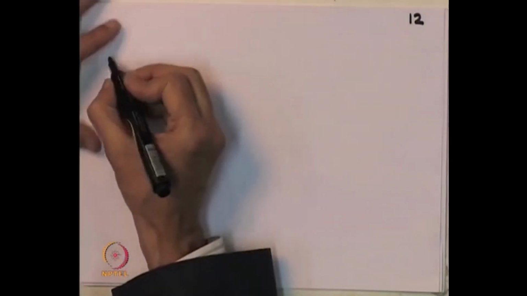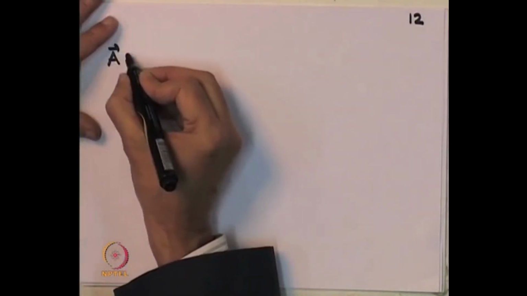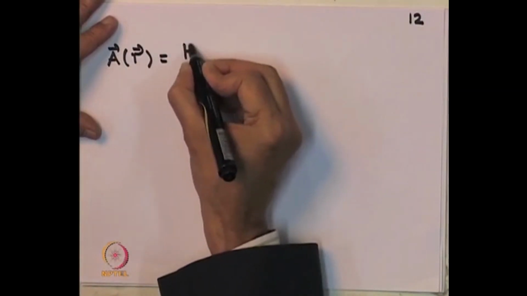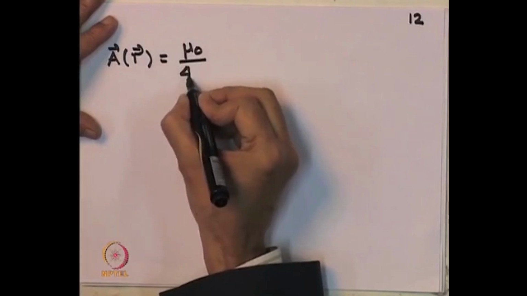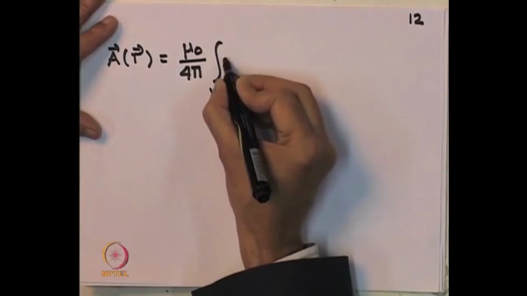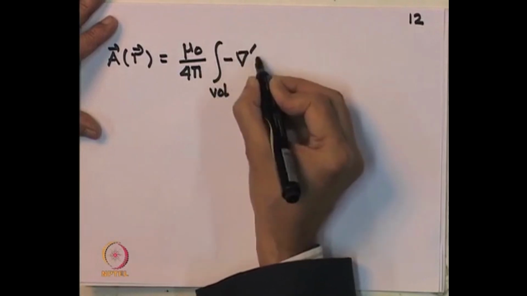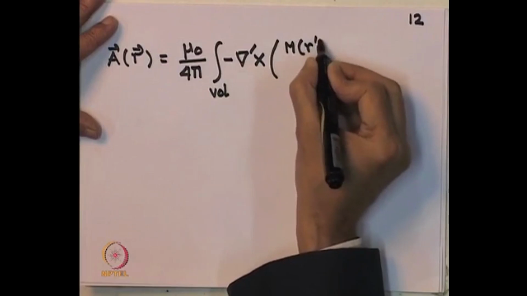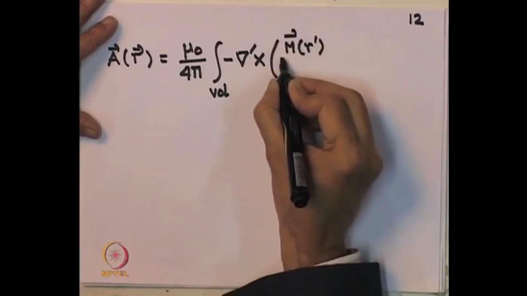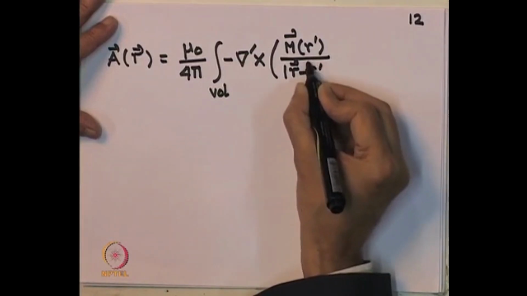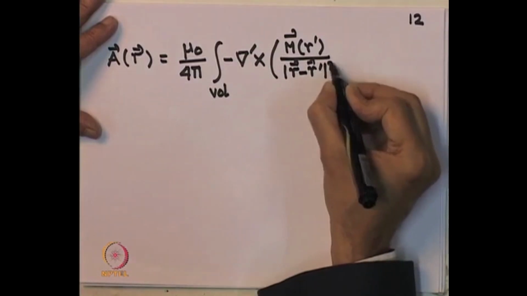So, A of r is equal to mu 0 by 4 pi, integral over the volume, minus del prime cross m of r prime by r minus r prime cubed, d cube r prime,